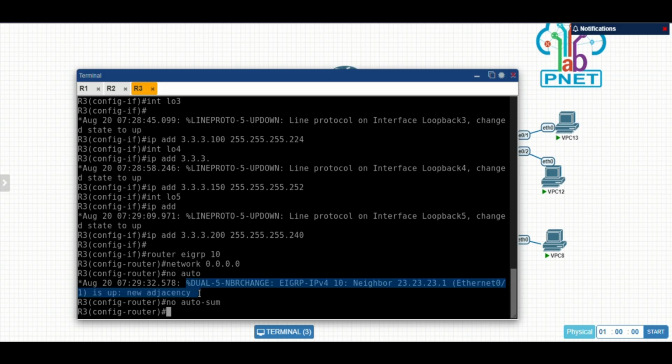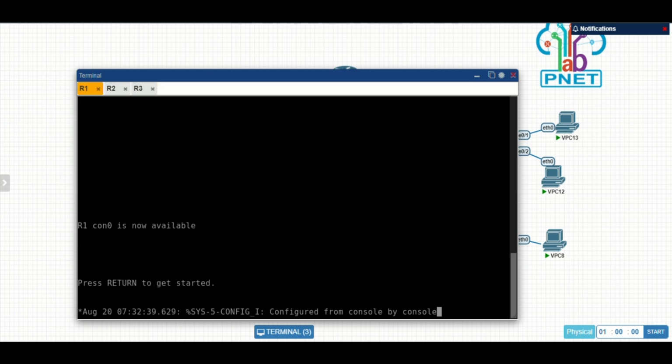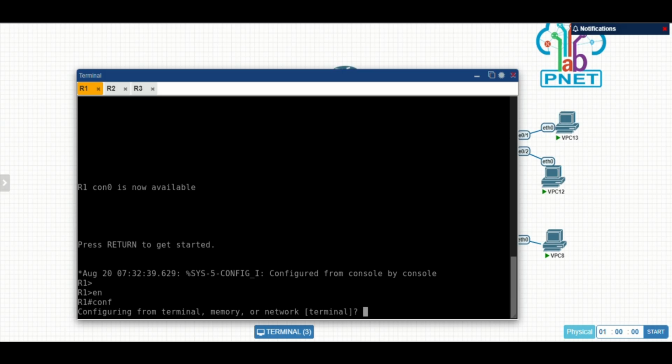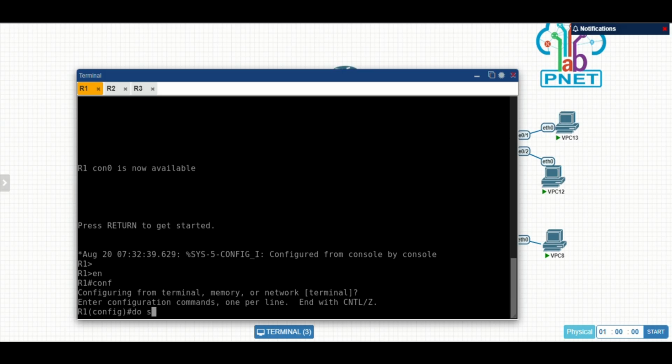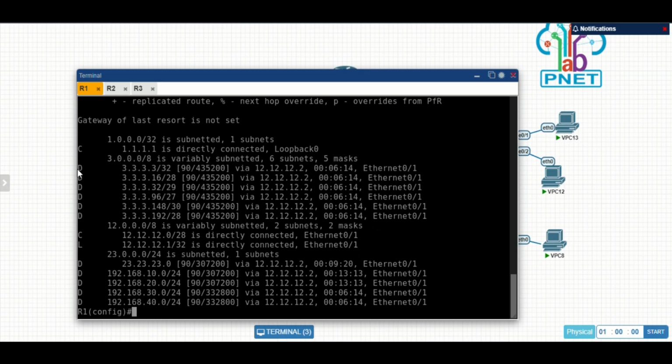It means router 3 is already connected to router 2 and router 1. Okay, we will do show IP route here to make sure the routing table is complete. This is the routing table of router 3 and then router 2.